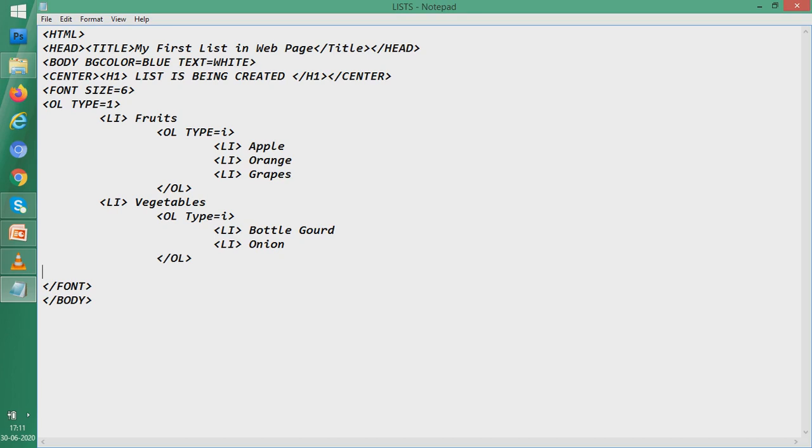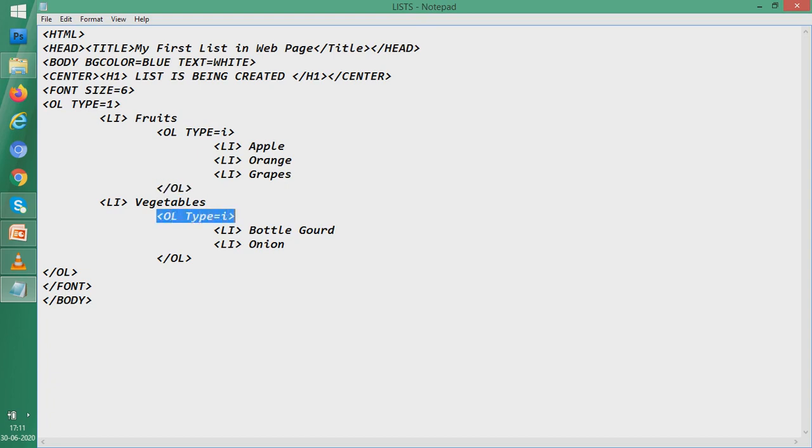So see, this OL close is for the topmost OL that has started, and this topmost OL which has type equal to 1 is actually containing two ordered lists within it. The ordered list which is here, which is being closed at this part, and another ordered list which is here and which is being closed at this part.